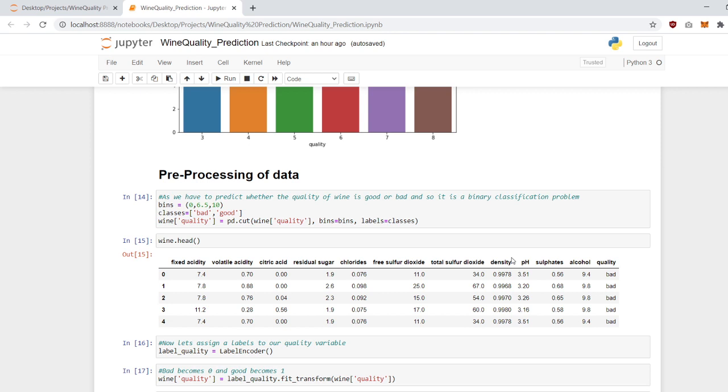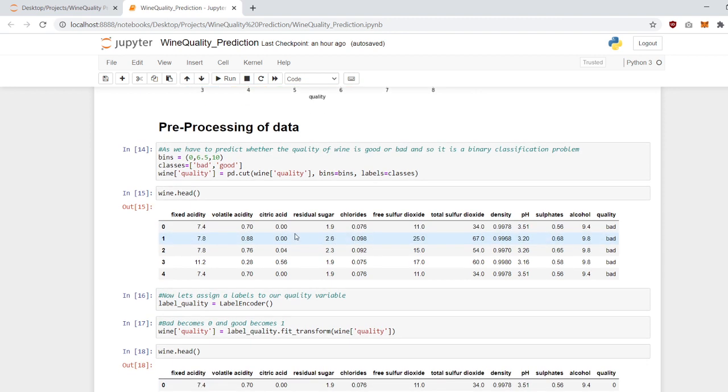The next important step is pre-processing of data. So we have to predict whether the quality of the wine is good or bad. So it is a binary classification problem, as we discussed earlier. So this is a very important step, as there are two classes which are good and bad. This is a bins variable which specifies that values of quality ranging between 0 to 6.5 signify bad quality wine, and from 6.5 to 10 signify good quality wine.